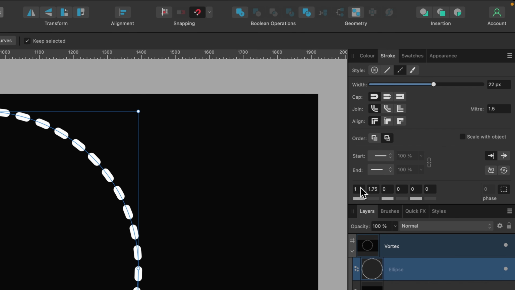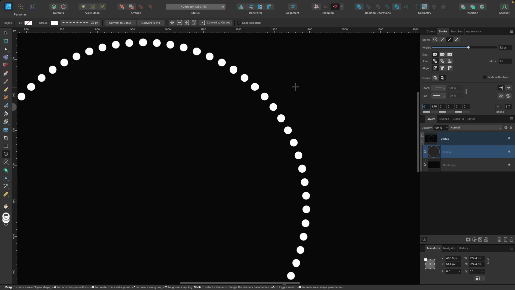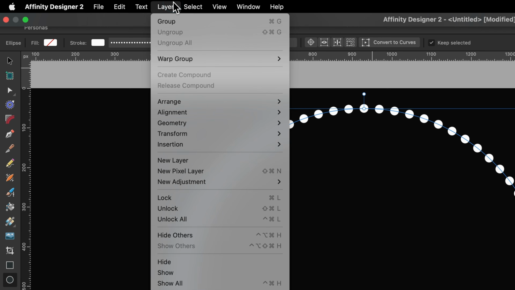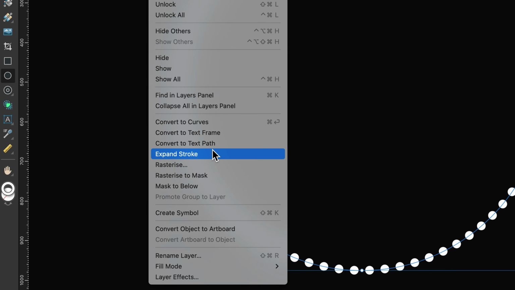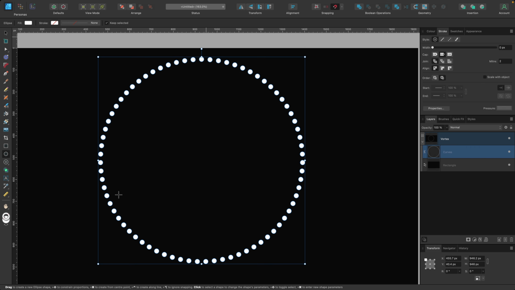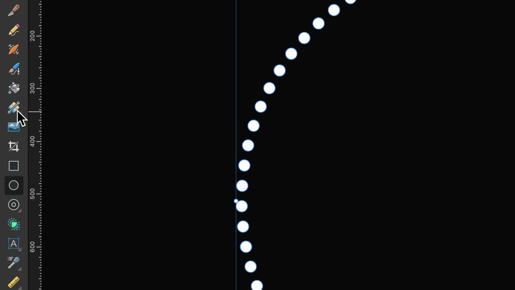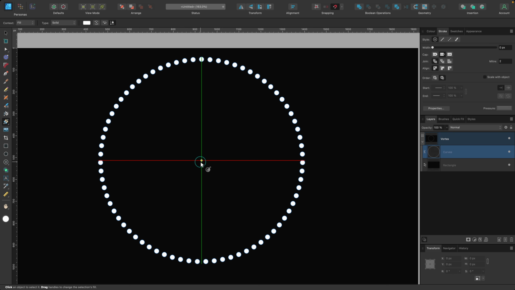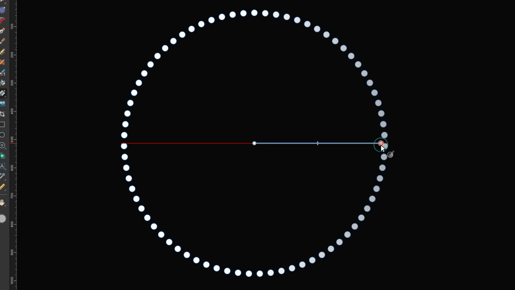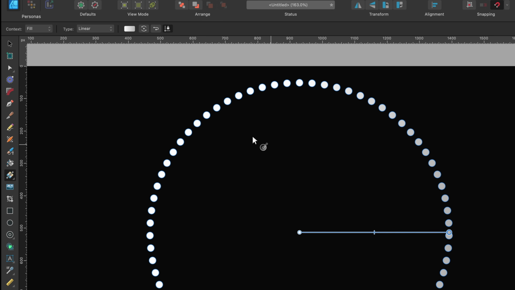We're going to make them circles, so head down, click on 0 on your keyboard, press enter. Now they're all circular shapes. And now we're going to go to layer, expand stroke. So now we're going to fill it with color. So I'm going to head on over to the gradient tool here, click on that, and I'll just click in the center and drag out till it reaches the side there. Now I'll head up to the context toolbar. I'll click on type, conical, click on that.